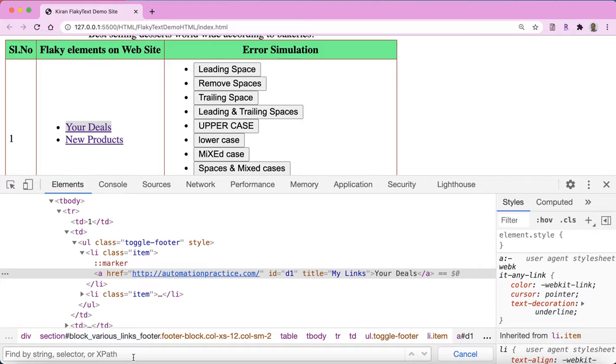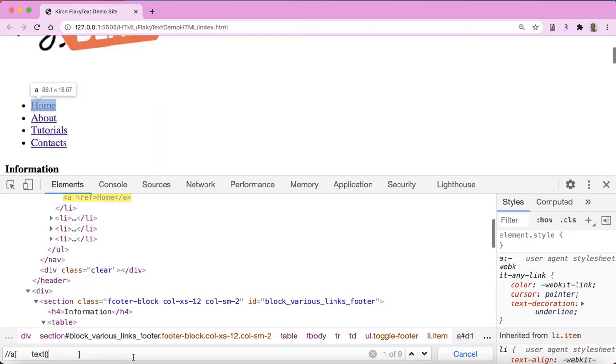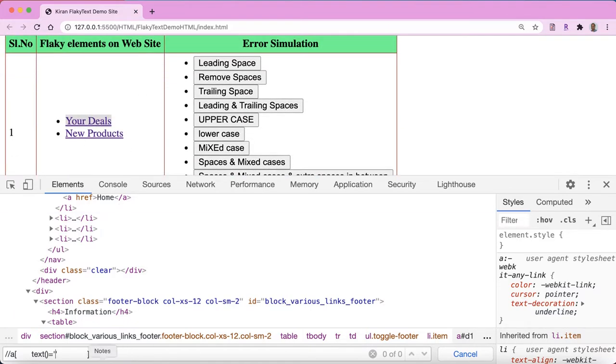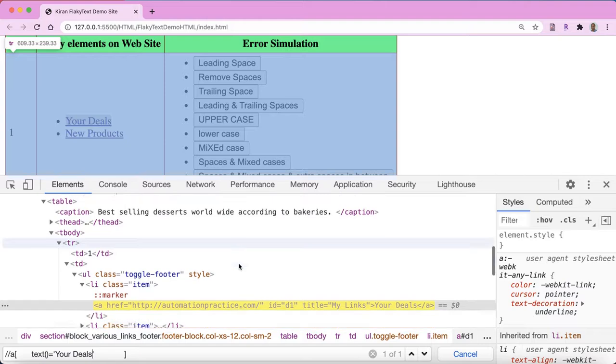For that we need to write one XPath using the syntax. It's an a tag and the syntax is brackets, and we are identifying that with the text. So we need to write a text function which is equal to the text. What is the text? Your deals. Right, see,